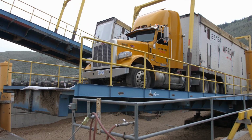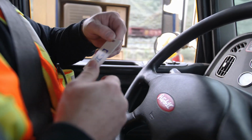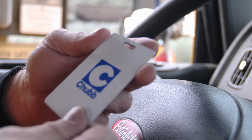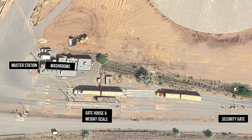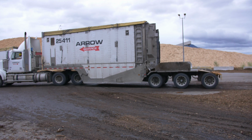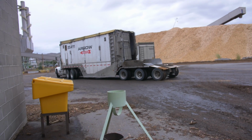Stay on your company's designated shipyard truck channel, as the chip tower operator has a radio that can be used to provide emergency instructions. Make sure that you have your personal security pass card so that Domtar personnel can verify that all on-site drivers are safe. And then proceed to the muster station located at the north end of the bathroom building beside the weight scales. Remember, time is of the essence during evacuations, particularly at the hog dumpers, which are very close to the pulp mill buildings. If your tractor is on a dumper or not ready for travel,